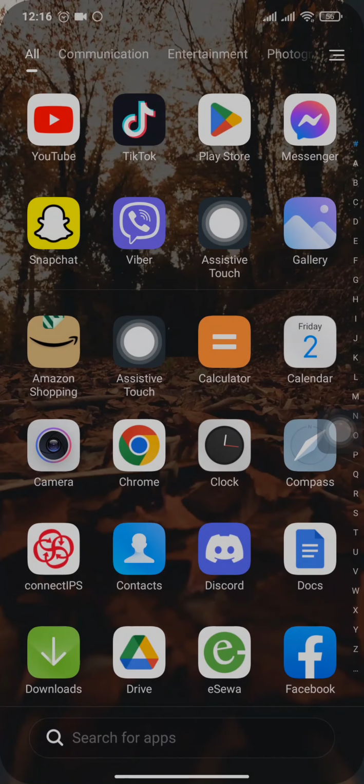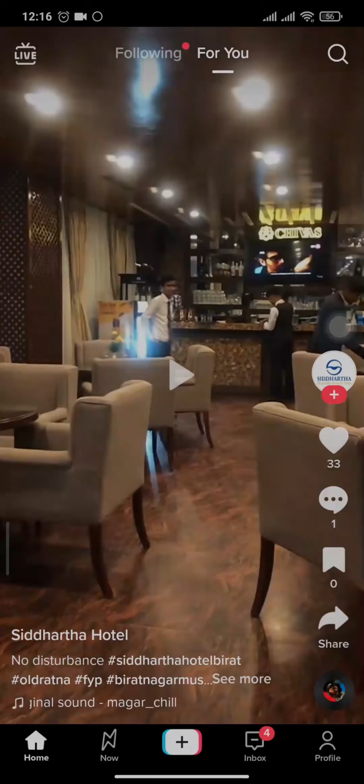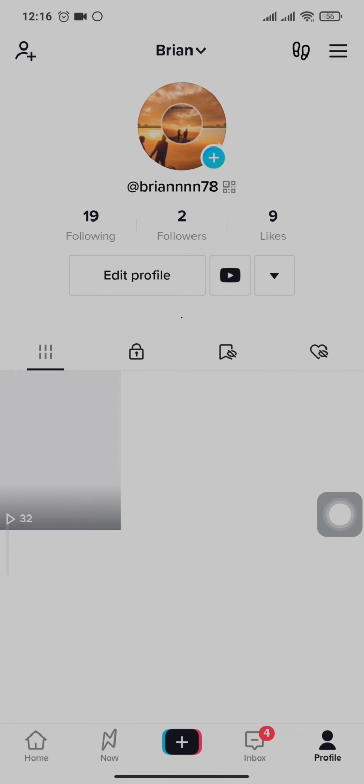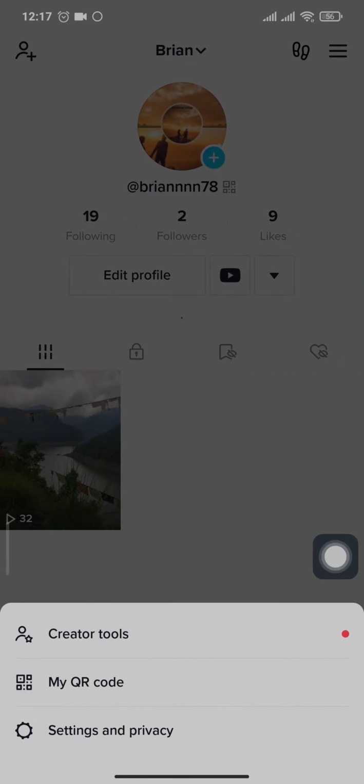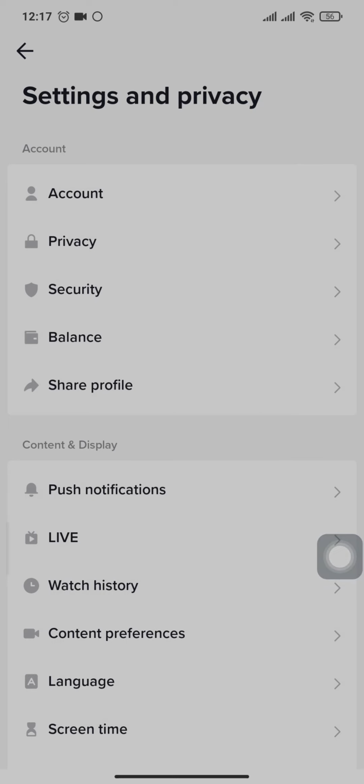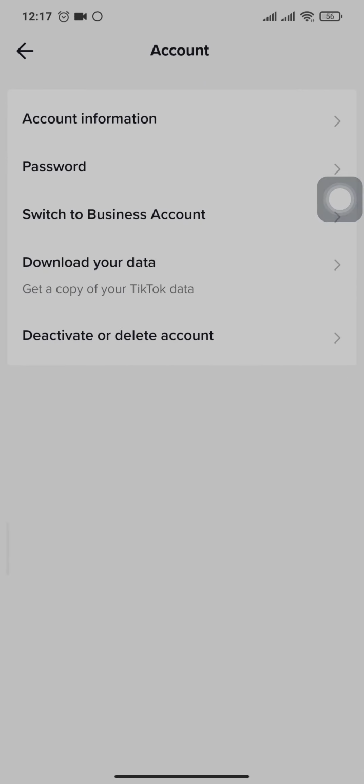After that's done, open up your TikTok app. Now from the home screen of TikTok, you can tap on your profile. Before you add any kind of external links, you need to make sure that you switch your account to a business account first. You can tap on these three lines on the top right and head over to settings and privacy, and from here you can head over to account, and in account you'll see an option for switch to business account. You can tap on that